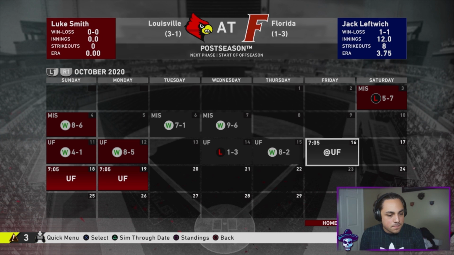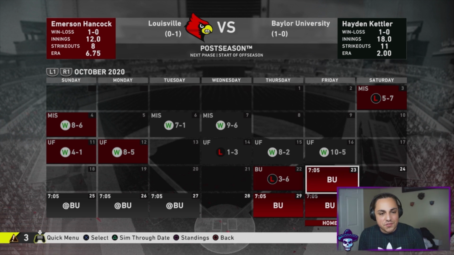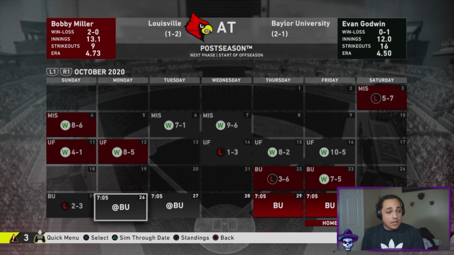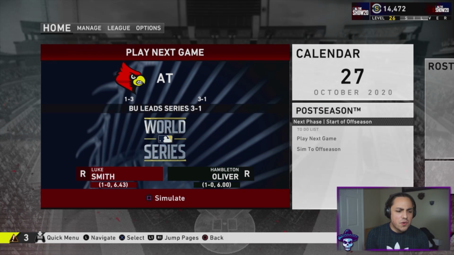And we're advancing. We're going to the College World Series to take on Baylor University. We got Reed versus Paul Dickens, and we take a loss. Emerson, I need you to get us back on track against Hayden Kettler. There we go. We get that win. Lacey versus Rigney. I'm sorry, what? And now we're facing the